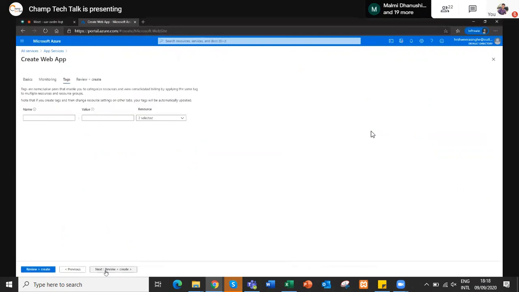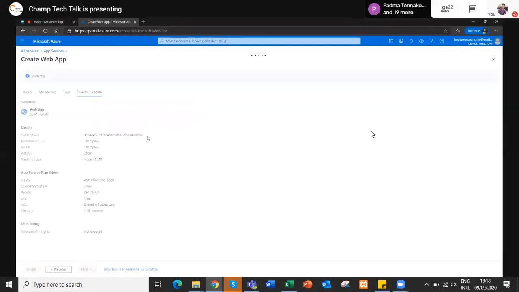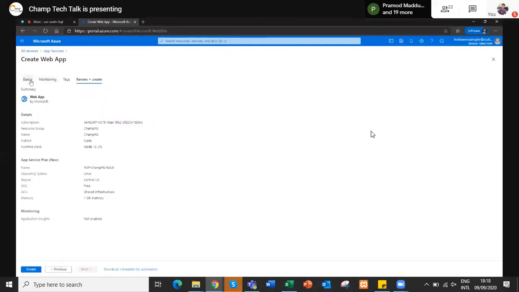You can create any tags for these things. You can categorize your application. Say you're working with 50 similar apps like this, so you have to tag your apps. When you are searching by the tag, it should pop up, so it will be easy if you add tags there. And finally, you have this preview and create. If you are not sure about the basics that you added, you can go through those details in here. We added operating system Linux, SKU free, memory 1 GB. So everything is okay. Let's create the application.